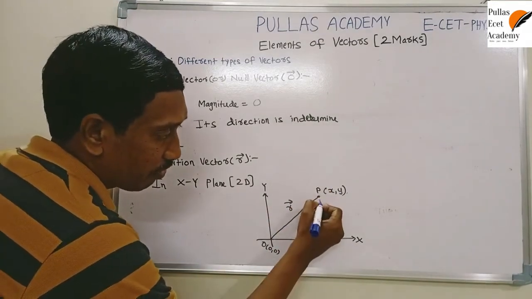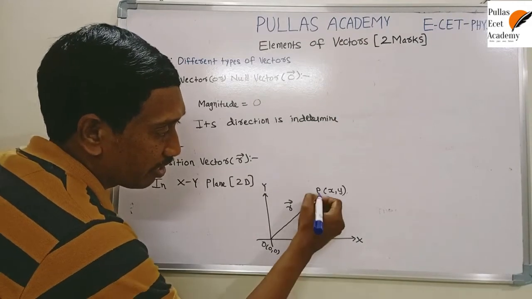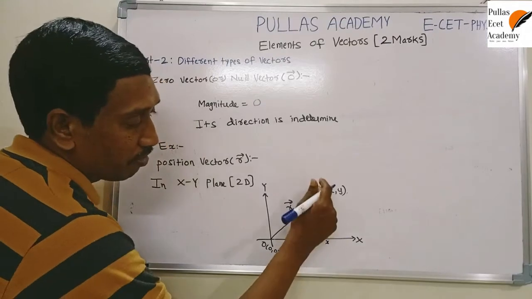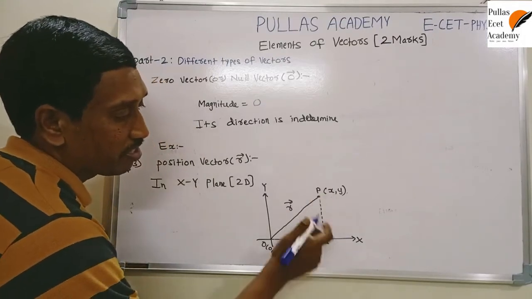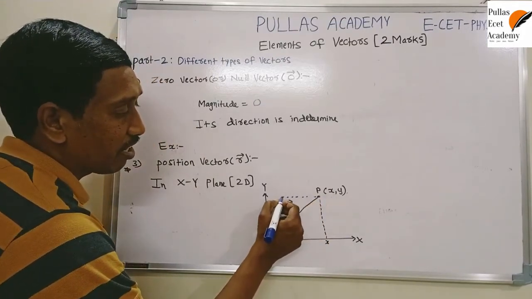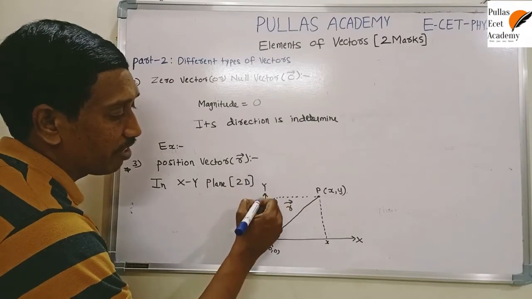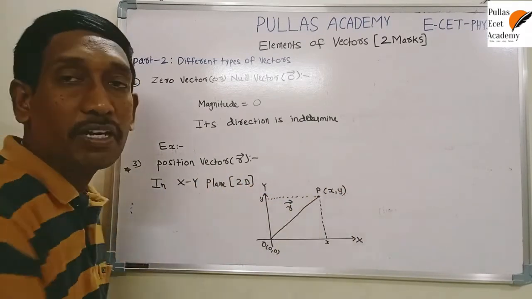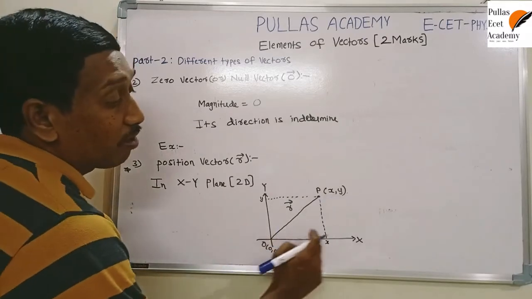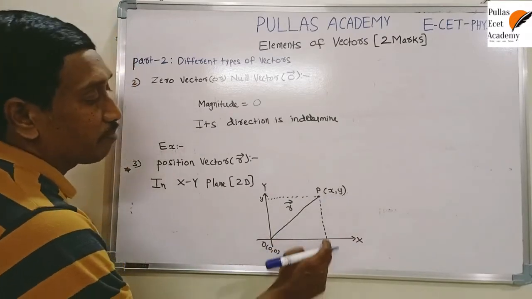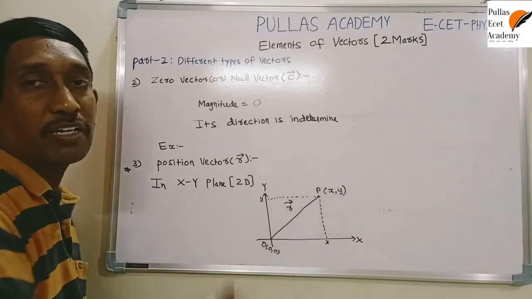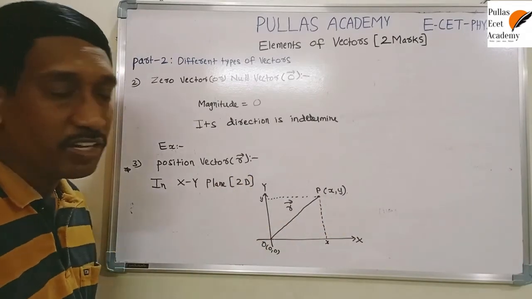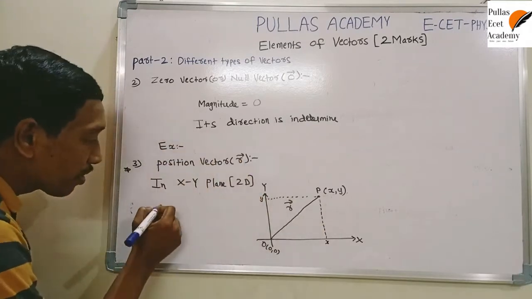This is the x-axis. If you want to understand the position, imagine a line, draw the line to the x-axis where it intersects. With respect to the x-axis, its position is x. In the same way, draw the perpendicular line to the y-axis where they intersect. That position from origin is y. That's why it's indicated by x comma y. With respect to the x-axis, the magnitude is x. With respect to the y-axis, its magnitude is y. But these directions are not similar. These are different directions.